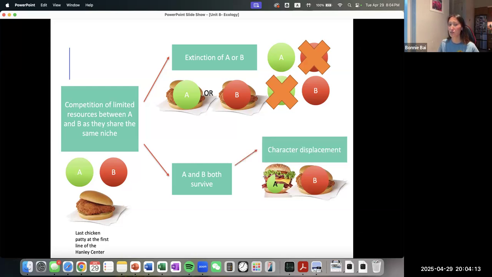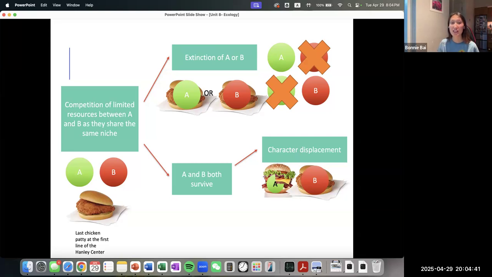This is called character displacement. There should be, through evolution, a change in the actual physical characteristics. So maybe, the Galapagos finches, a lot of those finches look pretty similar, but they have different size beaks that allow them to crack nuts of different sizes. So that's really just a result of evolution, depending on where they were, like what islands, what food might have been available on that island in the first place.